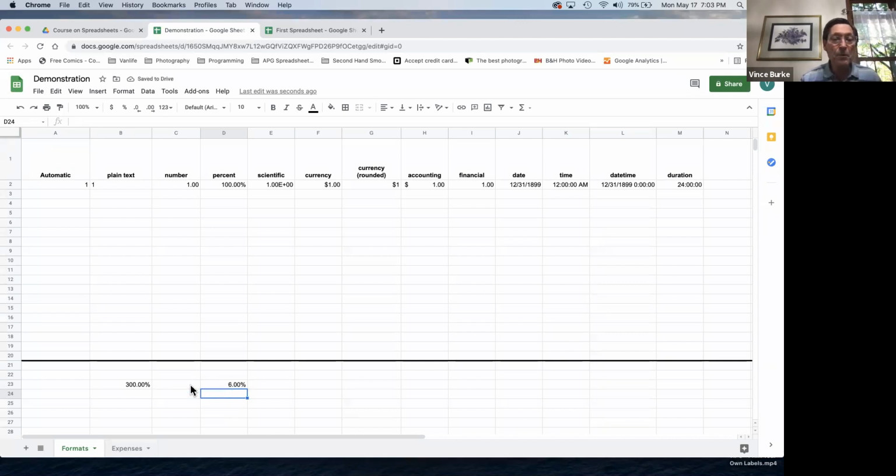The real number there, if I put in equals this, notice it's really 0.06. Percent is a little bit strange because if I've pre-formatted an empty cell as a percent and then type a number into it,